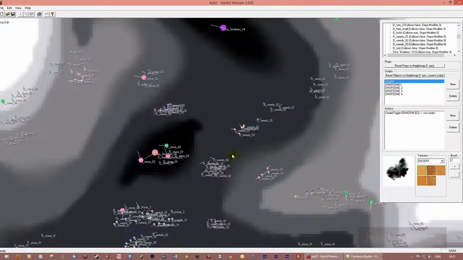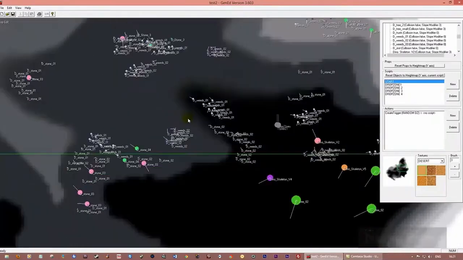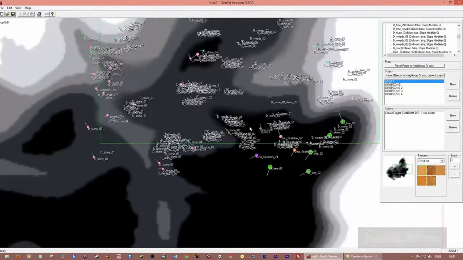Okay, welcome back. As you can see from here, I've already started to place props all over the place. Let me just come out of here. Let me just save this. Let me just zoom out so you can see better. As you can see, these are props I've been placing. It's important that you also place props outside of the actual playing area so that it looks like it continues out